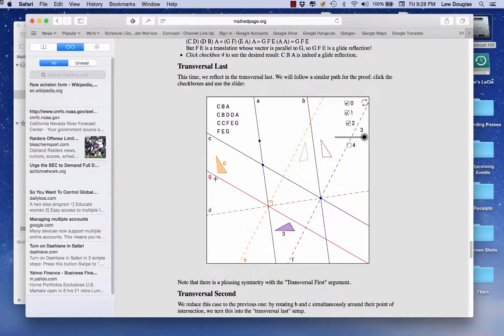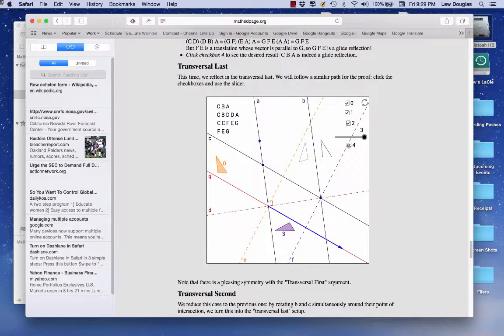So first we reflect in that reflection line, and then E and EF. E and F are both perpendicular to that line. And so a composition of two reflections in parallel lines is equivalent to a translation whose vector is perpendicular to the lines and has twice the length. And the vector is shown here,